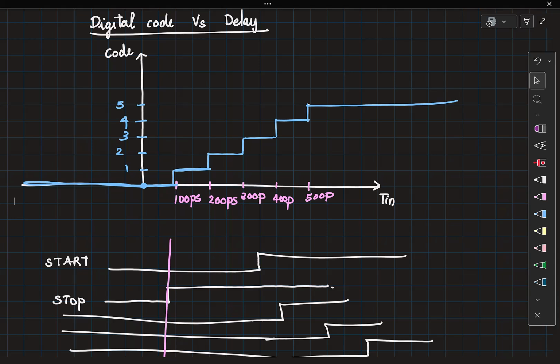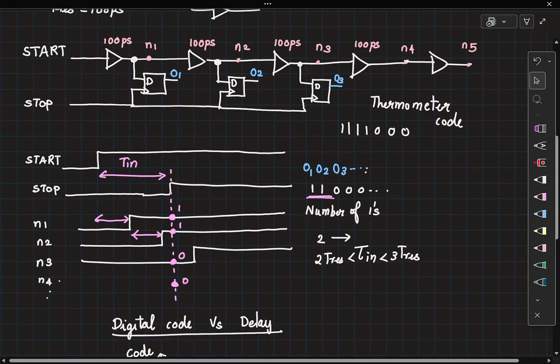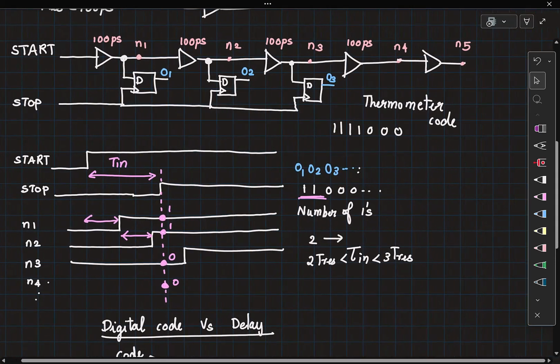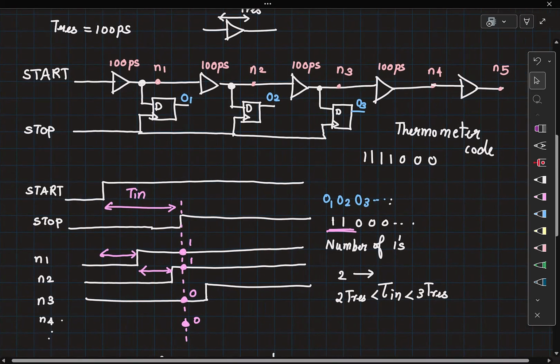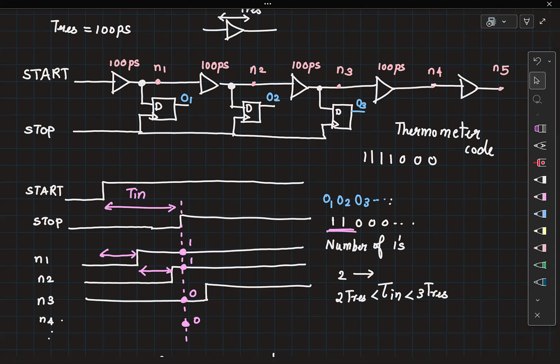But when you need better resolutions, then you need to think of techniques where a high frequency clock is not required. And the implementation shown here is one such technique. Right? You don't require a high frequency clock, but you are still able to measure the time interval with a resolution of 100 picosecond. Right? So similarly, if you had a buffer whose delay was 50 picosecond, you can implement a TDC with a resolution of 50 picosecond. Now, this particular implementation of TDC is called a flash TDC.